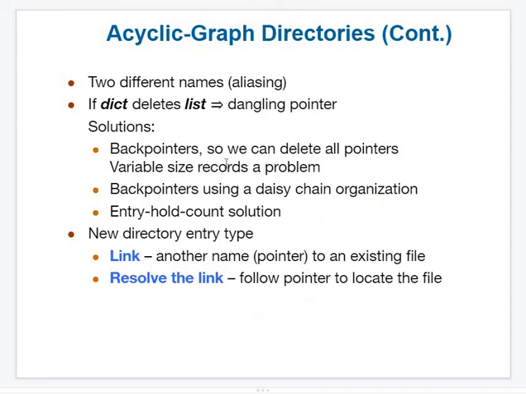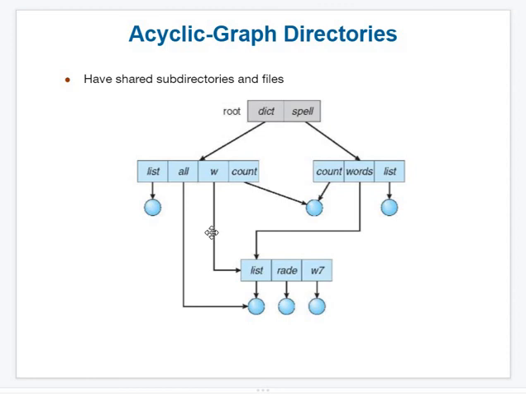That's an acyclic graph directory. Okay, as I told, you can see here one important thing. If we delete this file, what happens for the other user? Since this file is accessed via this path where I am moving the cursor, if I delete through this, then if you come via this path, you won't get the file, because this file was shared, both had equal priority or equal ownership. He has deleted.